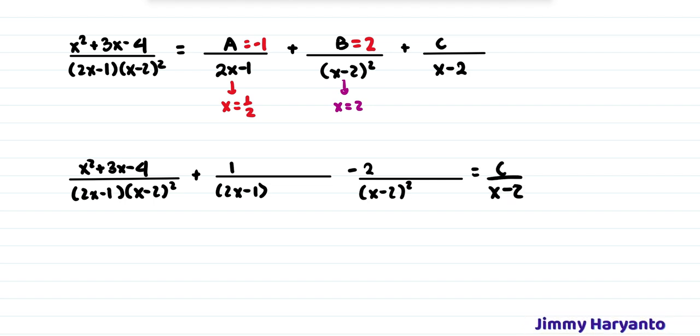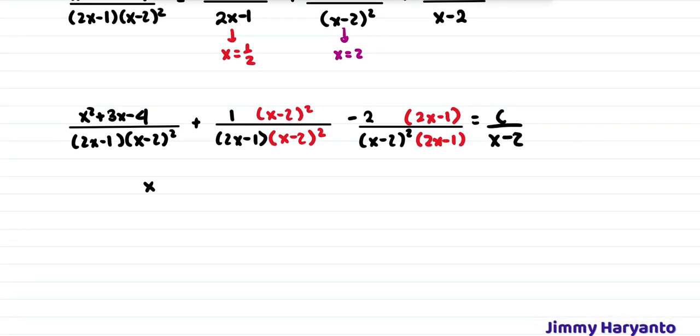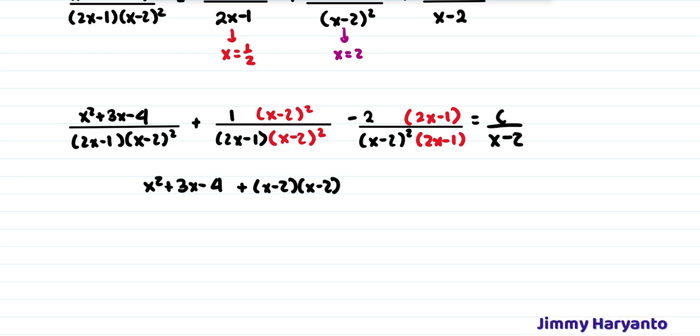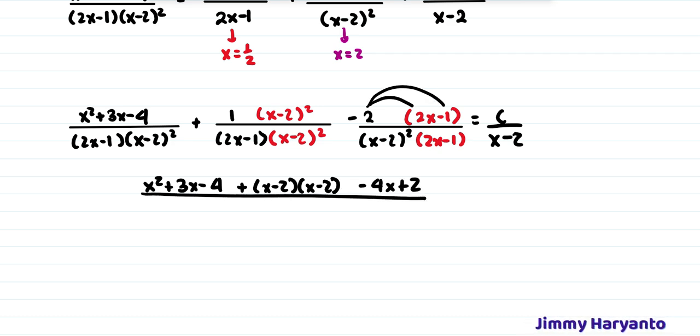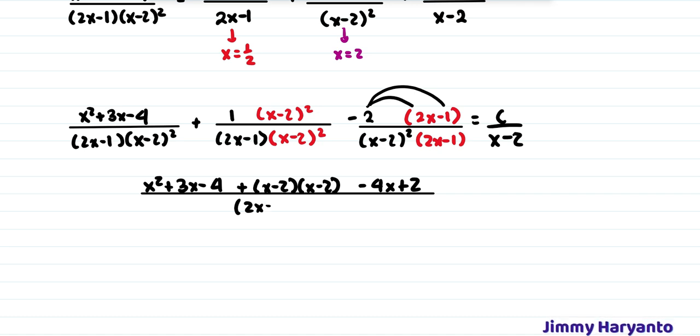And then all you have to do is use algebra to simplify this. Yeah, so you have to make the denominators equal. It will be like this. And for this one, you have to add 2x minus 1 at the bottom and the top parts. And then next is x squared plus 3x minus 4, still the same. This one is x minus 2 squared. I want to rewrite it like this so you can expand it later. This one is negative 4x and positive 2. Be careful with the sign. And then the bottom part will be 2x minus 1 and x minus 2 squared.